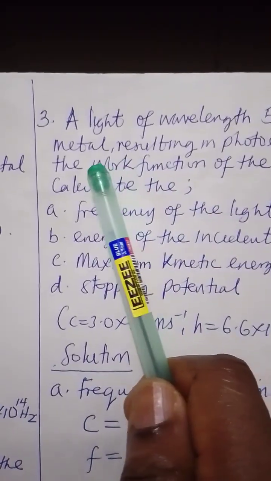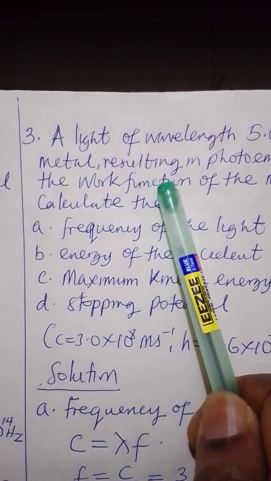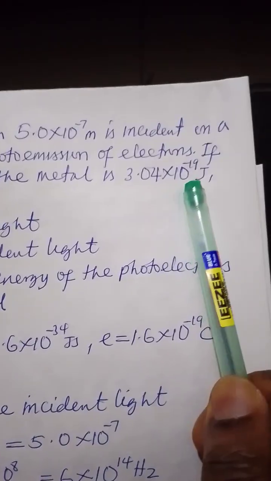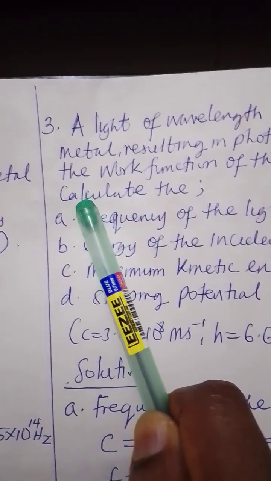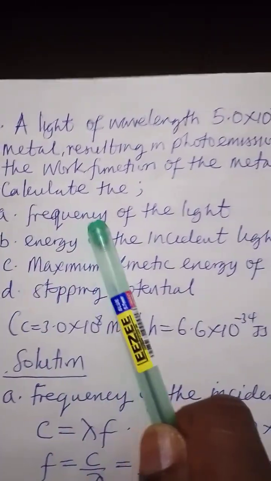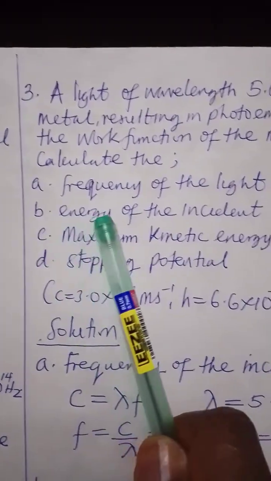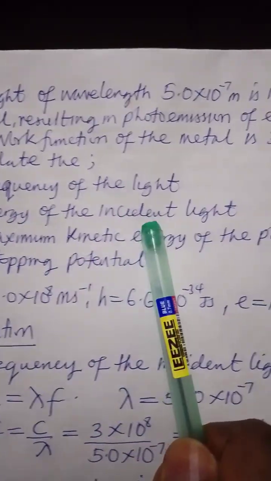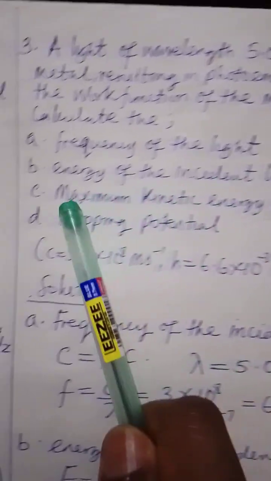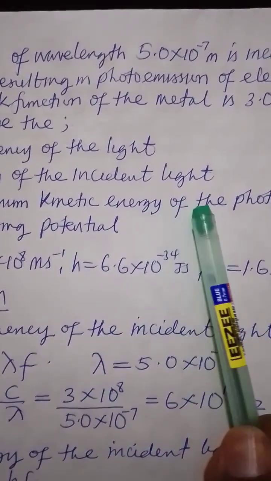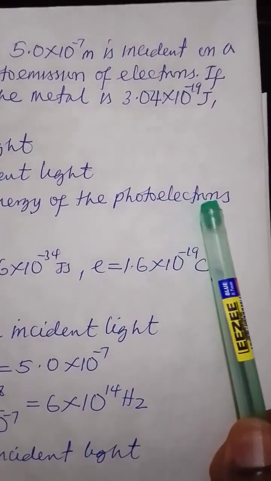If the work function of the metal is 3.04 times 10 raised by minus 19 joules, calculate A, frequency of the light, B, energy of the incident light, C, maximum kinetic energy of the photoelectrons,